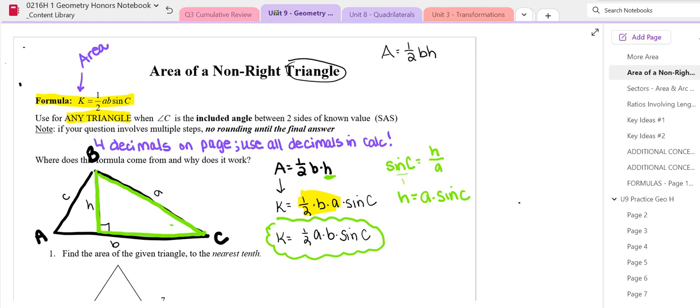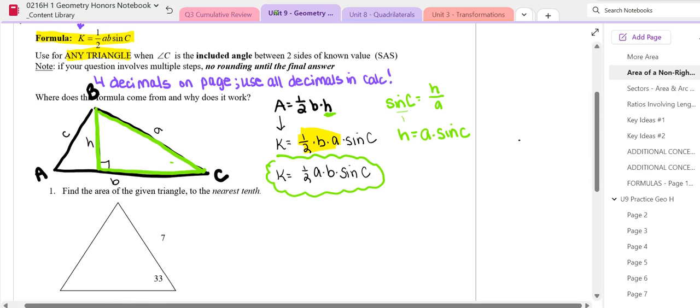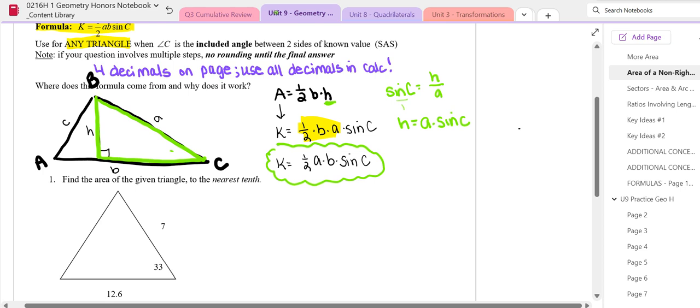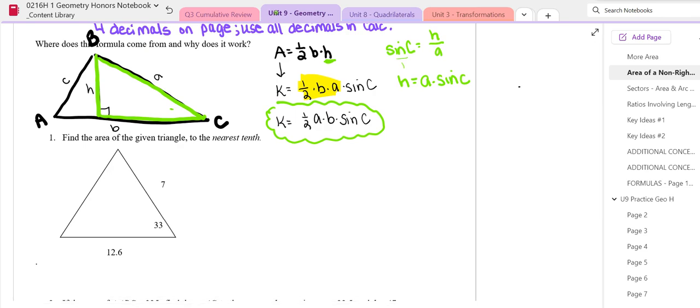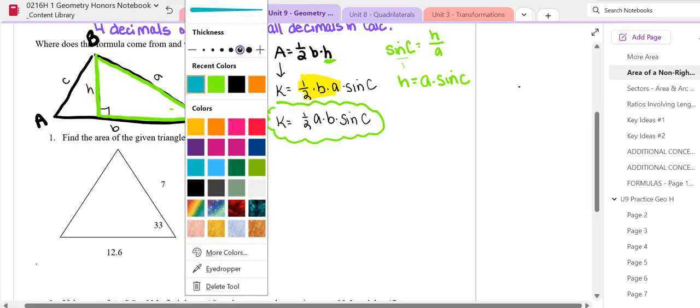Okay, so where would we use such a formula? Let's jump right into number 1. It says find the area of the given triangle to the nearest tenth. And again, I want to reiterate, our old formula is an oldie but goodie. It still works great. In this case, though, it won't work because I don't have the height of my triangle. So even though in some circumstances that old formula is going to be the way to go,